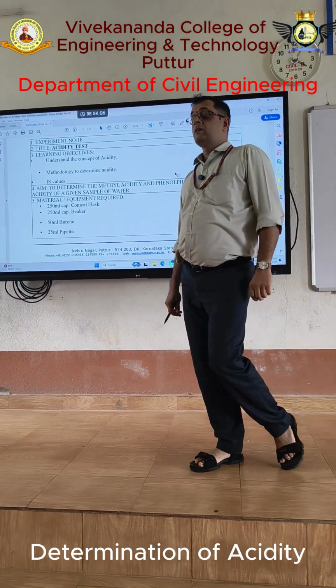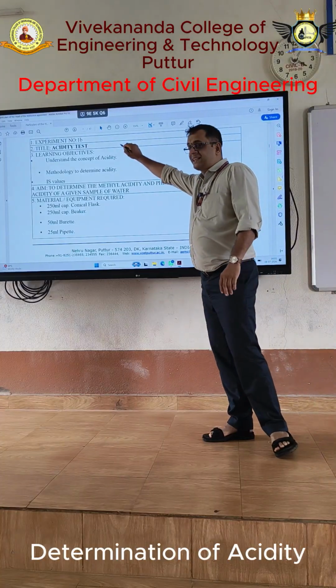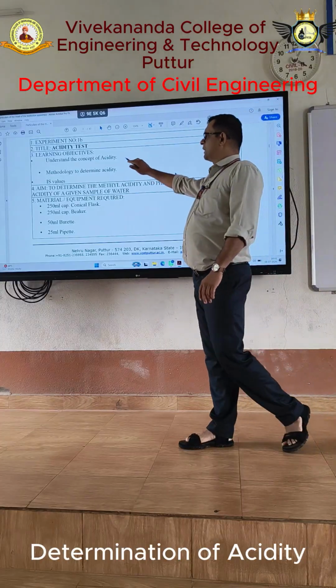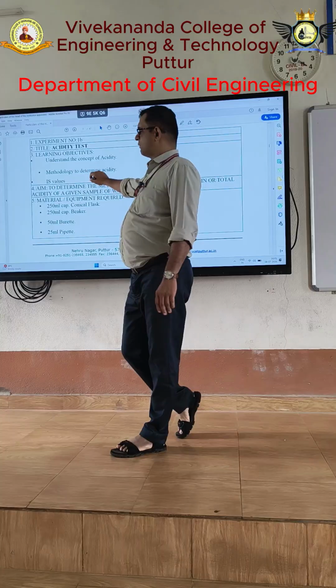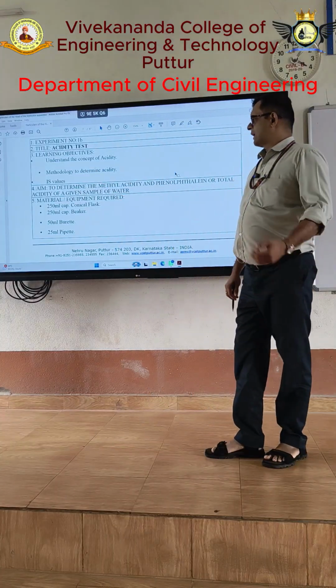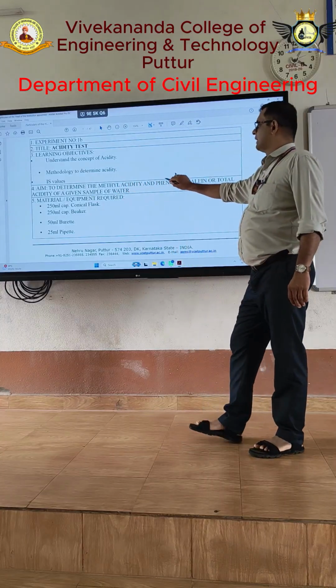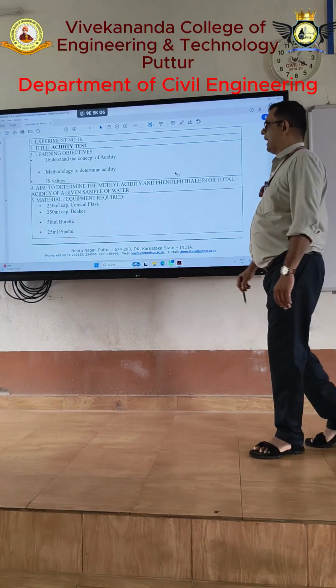Hi to everyone. We are going to conduct the experiment, that is the acidity test for the water sample. The learning objective is to know the acidity concept, methodology, and what the values are. So the aim of the experiment is to determine the methyl orange acidity, phenolphthalein acidity, or total acidity of the